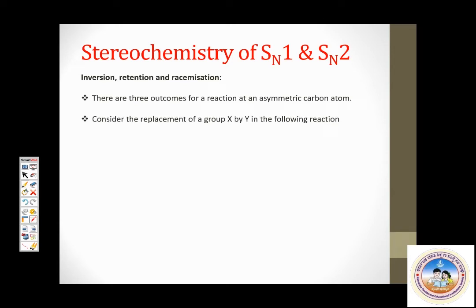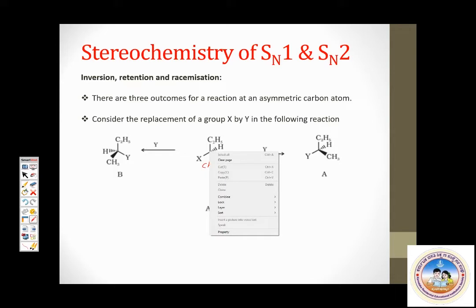What all can happen, right? In one case, please observe, this molecule is chiral. How do we know it's a chiral molecule? Please check it out. This central carbon here is sp3 hybridized and it is attached to 4 different atoms or groups: ethyl, methyl, halogen atom, hydrogen atom. All the 4 are different. Hence, it is chiral.